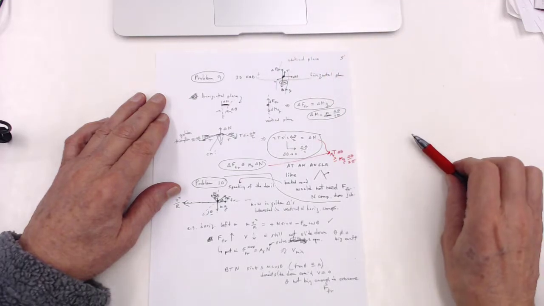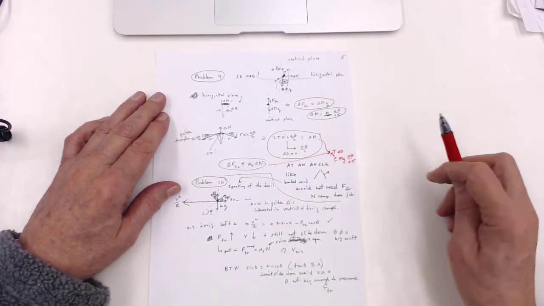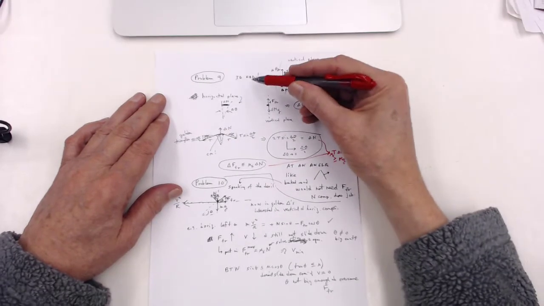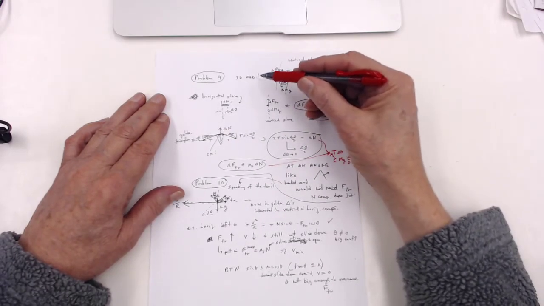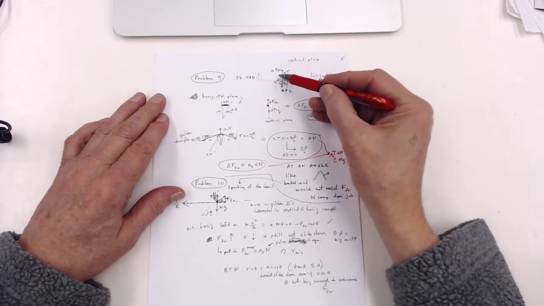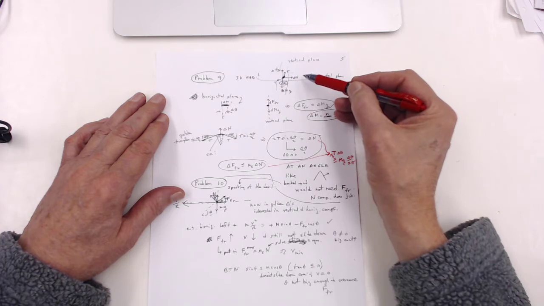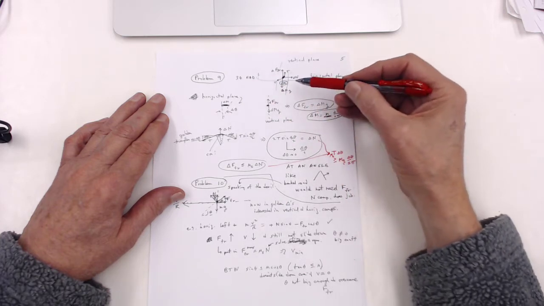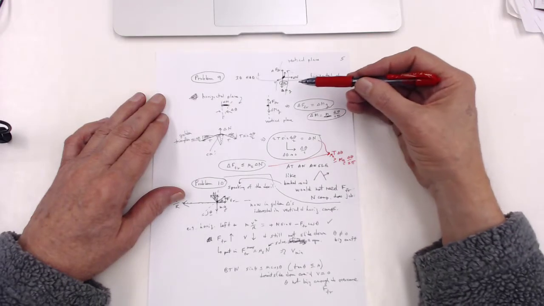Let's do problem 9 and 10 in this snippet. In problem 9, this is actually a three-dimensional FBD. I've got vertical forces and then I've got forces in a horizontal plane. And in a problem like this, or any of our problems, I hope that you will feel comfortable at a